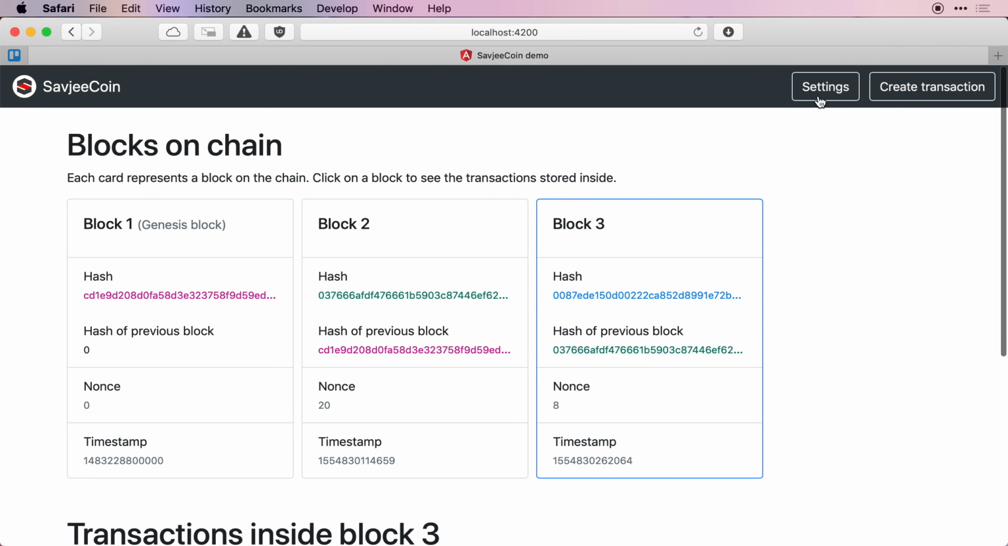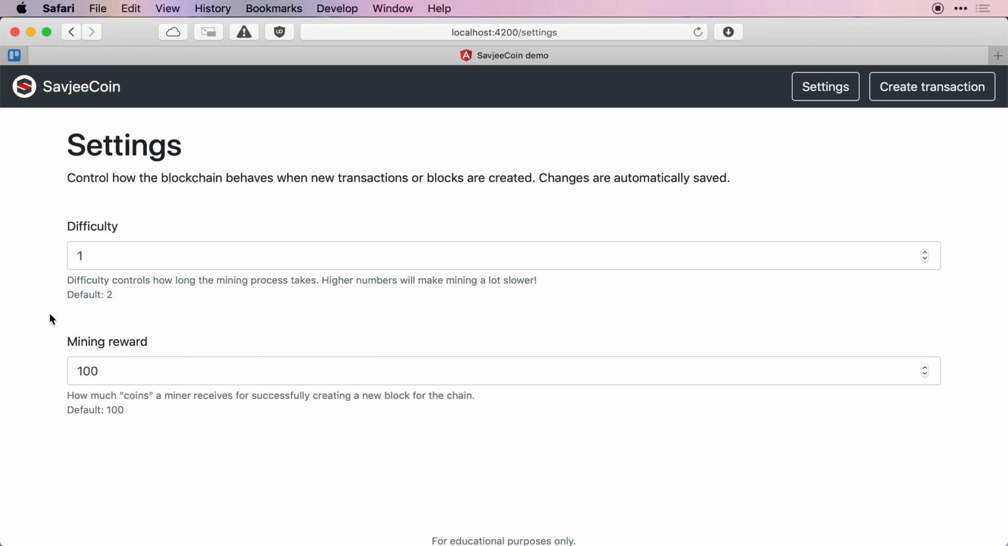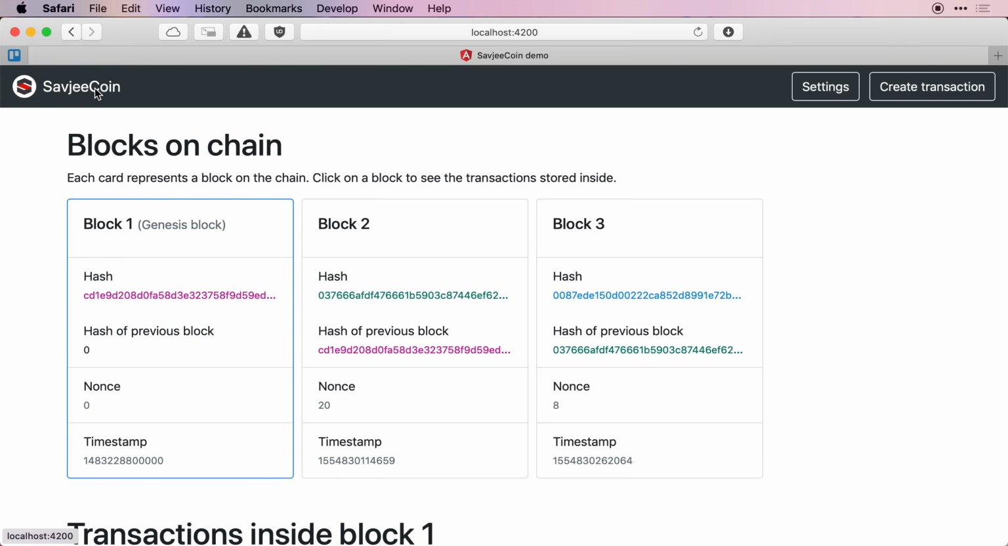And finally, we also have a small settings page where you can set things like the difficulty, and you can configure what the mining reward is. So you can play around with some of these parameters. So that's an overview of what we are going to build in this video. It's a cool little tool that allows you to visualize how blockchain works, and it can even help you explain